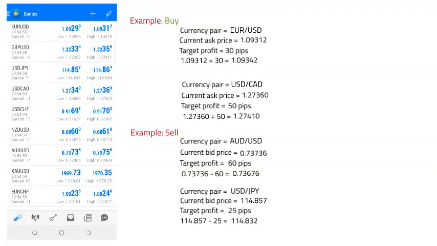So in summary, we have seen that while buying, our take profit is up. However, in reverse, while selling, our take profit will be below. So pips calculation is basically straightforward if you learn how to calculate it. It's not rocket science, just basically addition and subtraction. Now we have seen what is bid and ask price and the difference between them, which is the spread. We also saw how to calculate take profit in two opposite scenarios, buying and selling. Now we will look at stop loss.